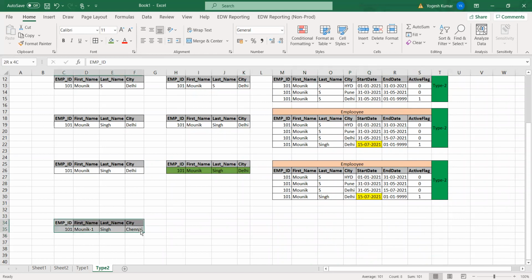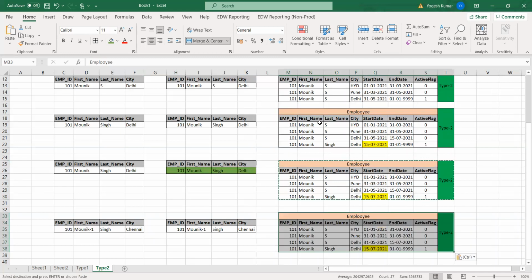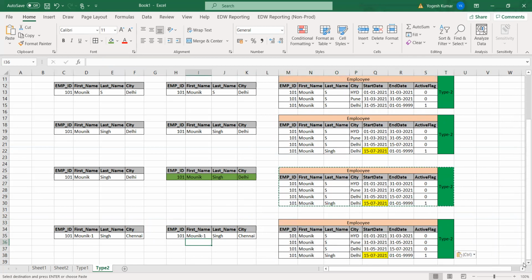The same record will be loaded in staging. There is no change. That is a direct move, a direct map. Now, in case of the data warehouse, that is copied the same, Monique-1 and Chennai will be in the same record.